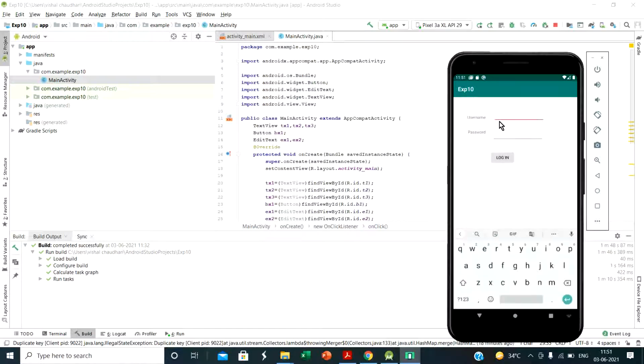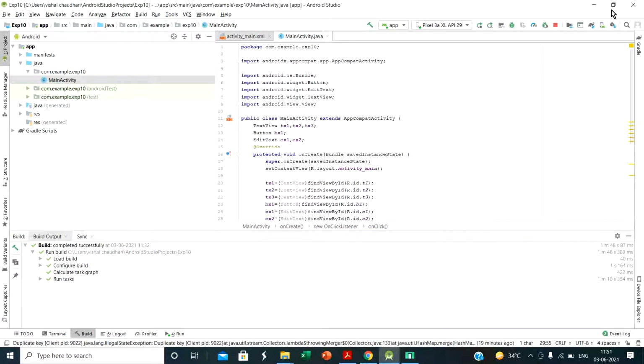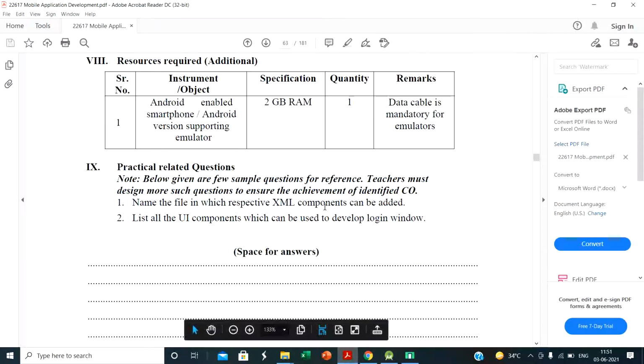When I enter here a, b, c, and the password also a, b, c, and click on login, at that time it displays the message login is successful. If I enter another username, or enter d here, then it displays username password wrong. So this is a simple program to create the login form in Android, and this is your practical 10.